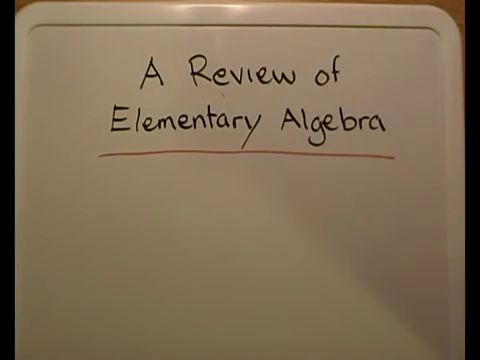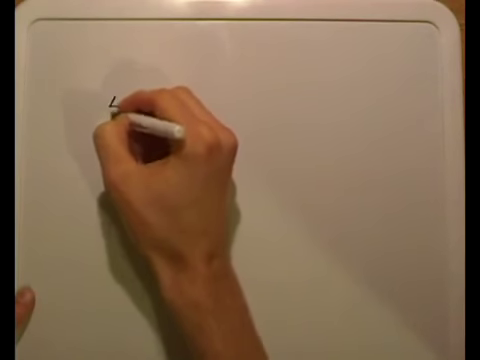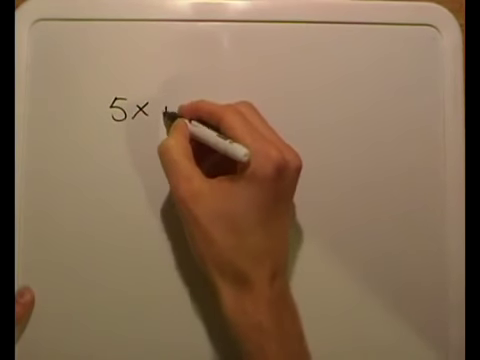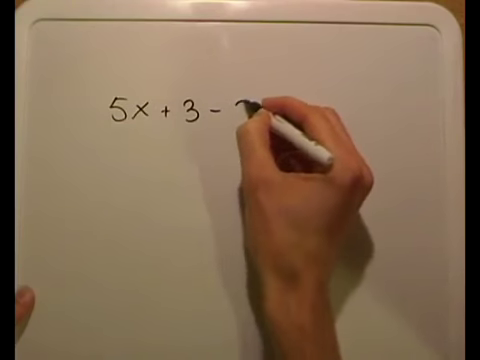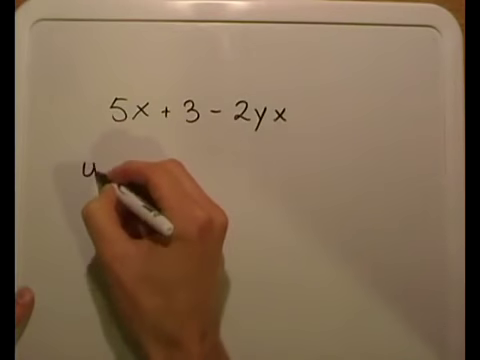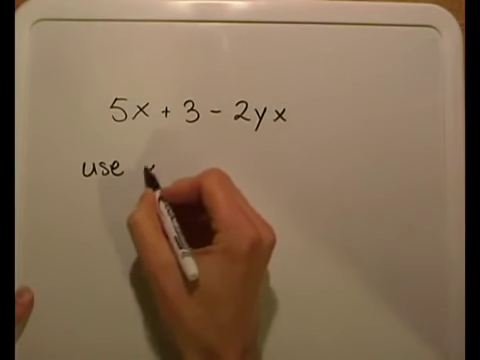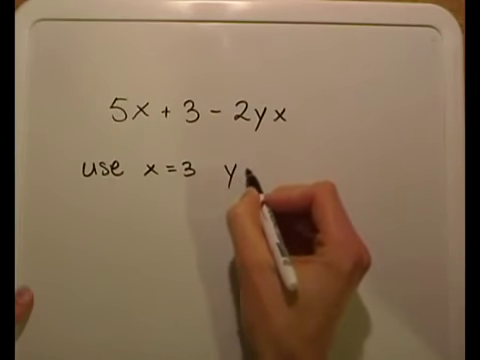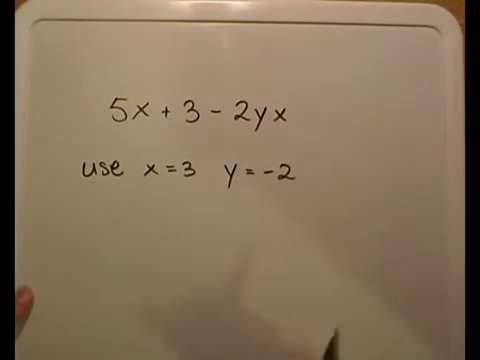So let's get started. First section is called evaluating an algebraic expression. So let's say you're given an expression that looks something like this: 5x plus 3 minus 2yx, and you're supposed to use x equals 3 and y equals -2. Okay, so how do you do this one? Well,